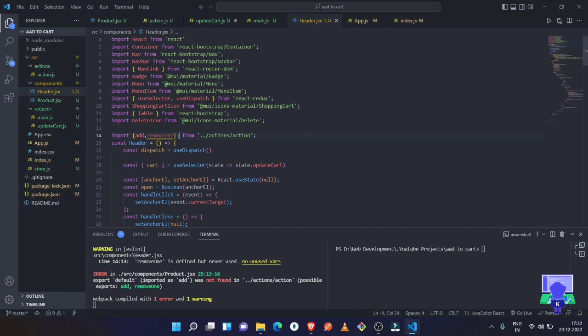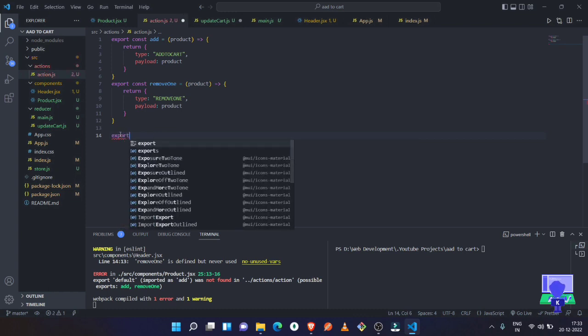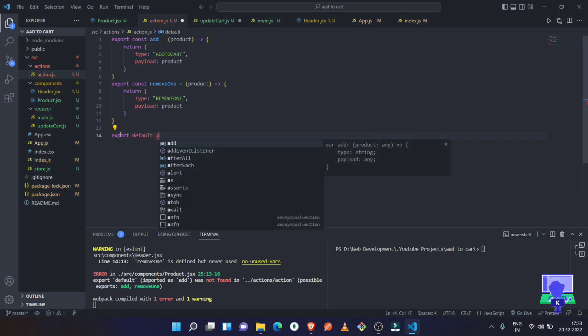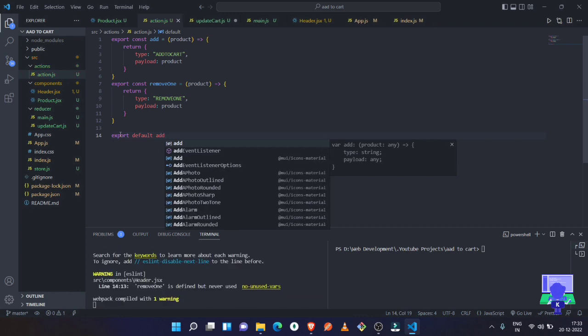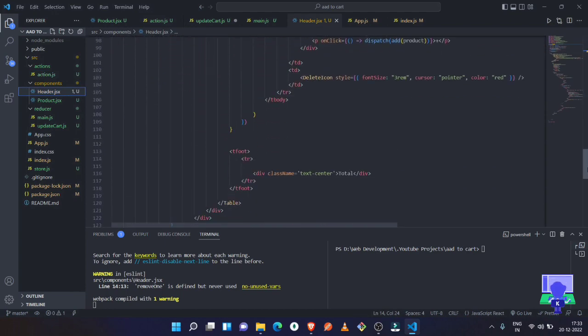Okay, we got some error here, export default. So okay, imported as add was not found in action. Okay, so just go to the action file, and here we must have a default export. So export default and any action that we can put here. So add, save it, and now go to the header.jsx, and here we just need to call this remove one,